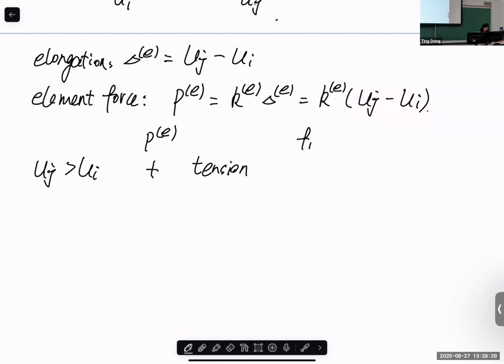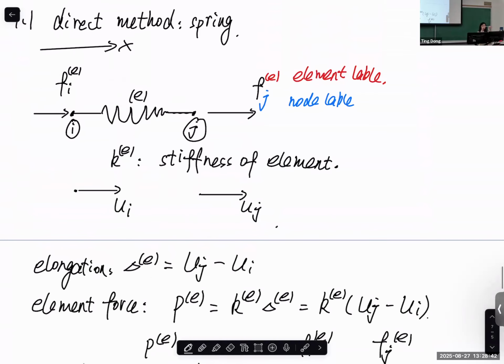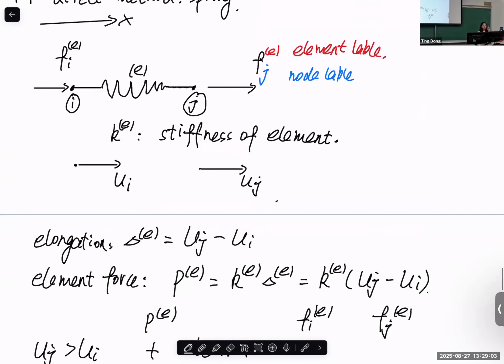And for the nodal force, how do we generate a nodal force to create this tension situation? Let's say this is I and J. If you want to have tension in a spring element, it means that, let's say this is node J, this is node I, my force applied at node J should be in the positive x direction, and my force applied at node I should be in the negative x direction. In this situation, we can generate a tension in the spring. Make sense or not? So again, if somehow you forgot about the sign convention for the external force and internal force,